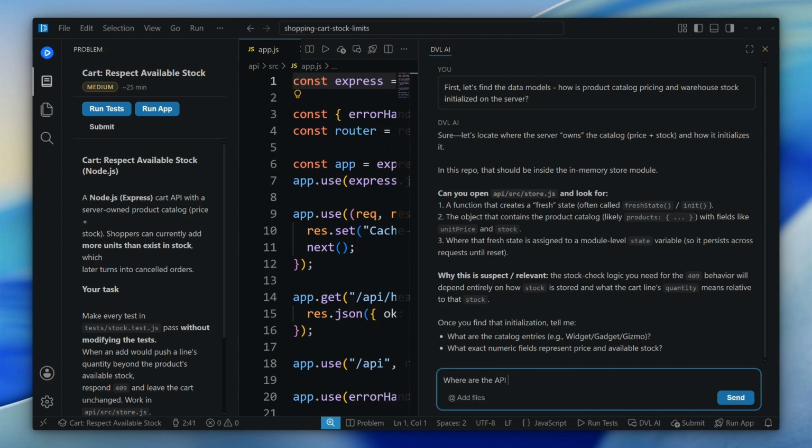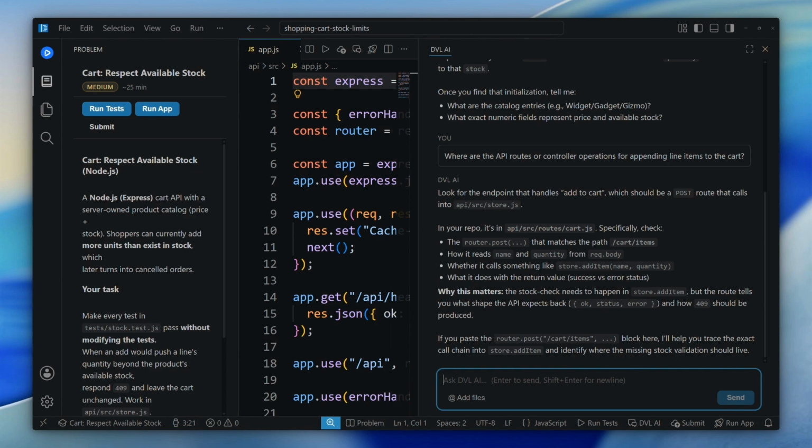Next, we verify our execution path by asking, where are the API routes or controller operations for appending line items to the cart? DVL directs us straight to the addition routine in API/src/store.js. Finally, we establish our exact guardrails by asking, what do the tests look like in